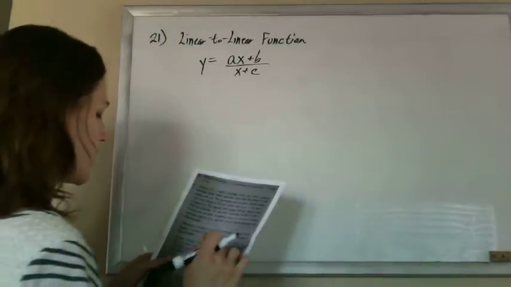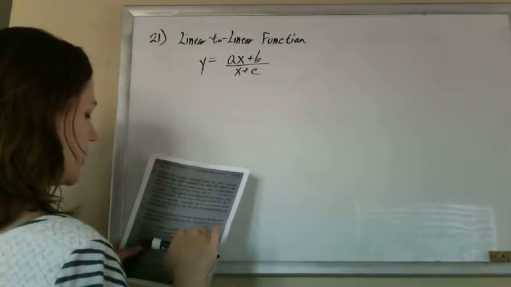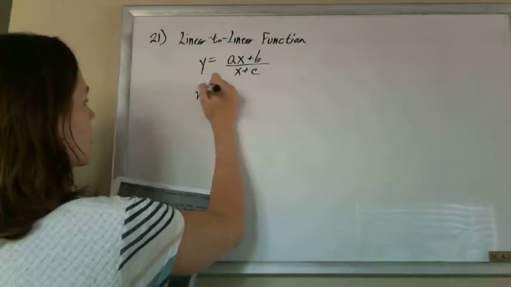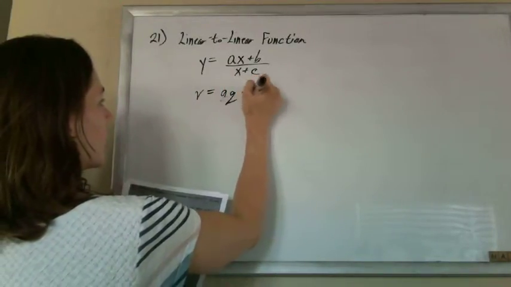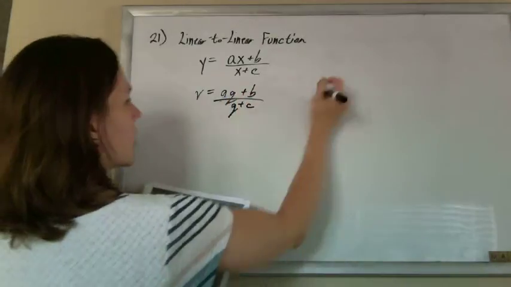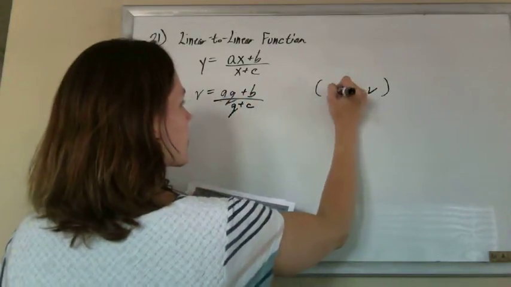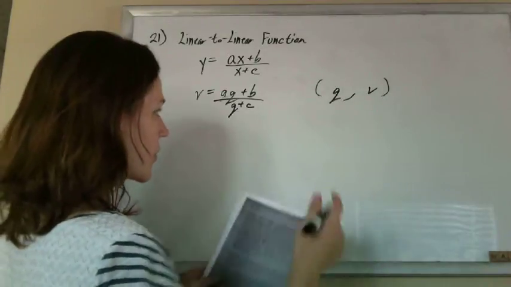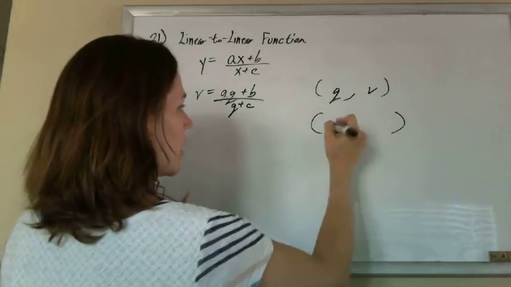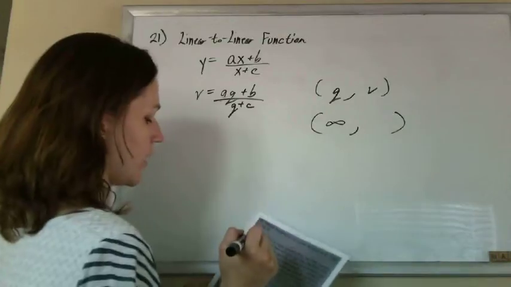Okay, so here they tell us that v is a linear function of q. So v is determined by q. Excellent. So the first thing you want to focus on is the infinite one, it's going to give you